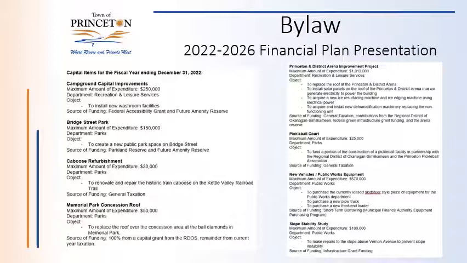You'll notice that our capital budget has several different aspects to it. The first one is the maximum amount of expenditure. That essentially states, make that dot a little bit bigger, draw your eye to it, there we go. So that's the maximum amount of expenditure for this capital plan: $250,000.